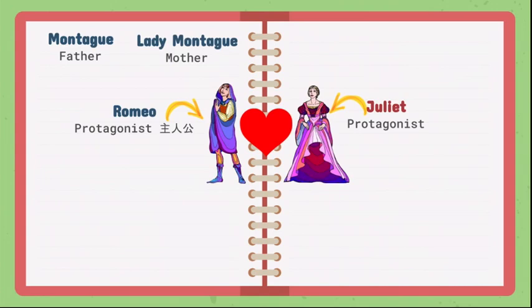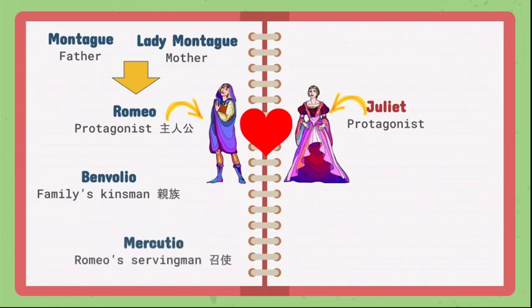そしてモンタギューっていうのがロミオのお父さんで、レイディ・モンタギューっていうのはロミオのお母さんにあたります。So when the story says Montague, you can imagine that, oh, this character relates to Romeo. 作品の中でモンタギューっていう言葉が出たときは、じゃあこのキャラクターはロミオに関係するキャラクターなんだなっていうことがわかると思います。And then Benvolio is family's kinsman. Kinsman っていうのは親族って意味なので、このベンボリオっていうキャラクターはこのモンタギュー家の親族にあたるキャラクターです。